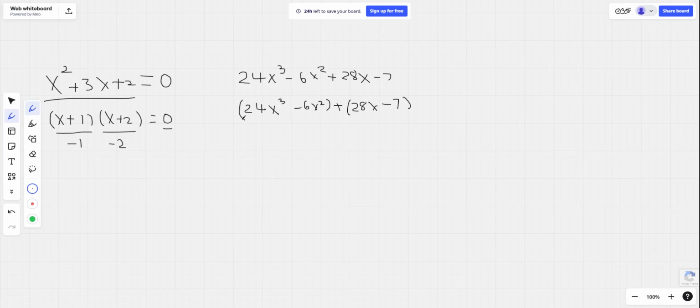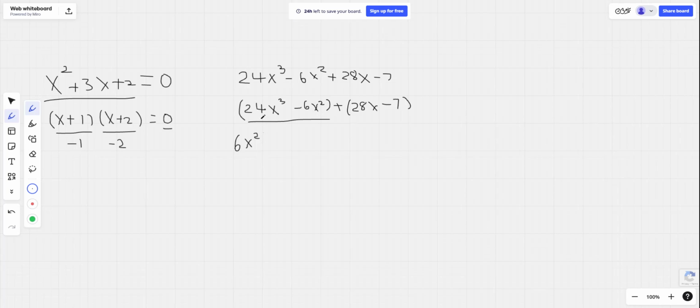Okay, so now we see what multiplies into both 24x cubed and -6x squared. Now, first of all, let's look at the degrees. The lower degree is a 2 here, so we know that x squared goes into both terms, definitely. And if we look at the common factors of 24 and 6, we ignore the sign for now, you can see that the biggest common factor is just 6. So we can pull out a 6x squared from this entire